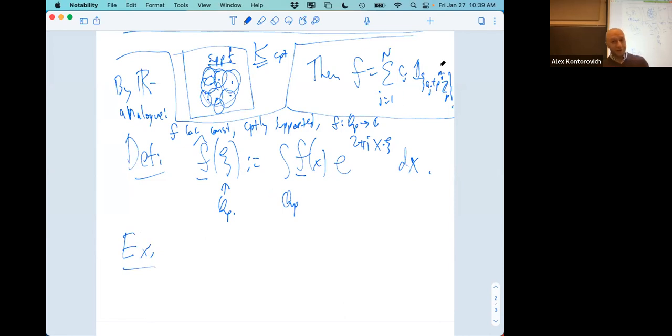So far, everything has been reviewed. What is the Fourier transform? Let's just forget about the constants. Obviously, the integral is linear. This is a finite sum. So I just need to compute the Fourier transform of one of these sets. Now I know everything about Fourier transforms on p-adic numbers. The calculation that we need to do is to take the Fourier transform of the indicator function of some a plus p to the n Zp. Does that make sense? This is the indicator function of one of these balls. What is its Fourier transform? If we know that, then we know everything about Fourier transforms on locally constant compactly supported functions.